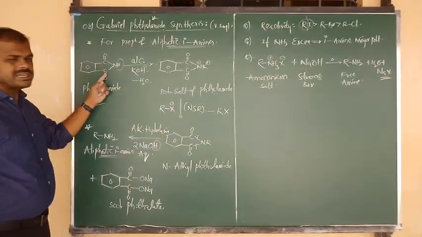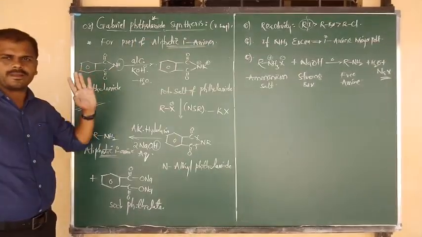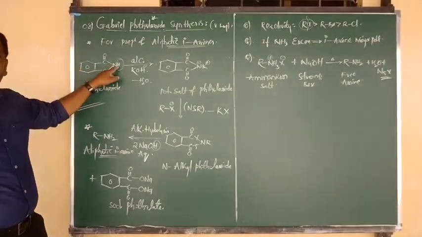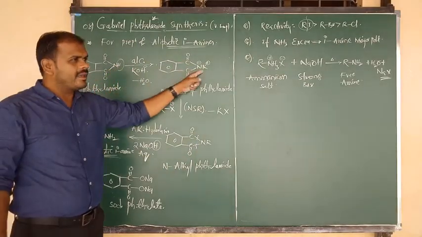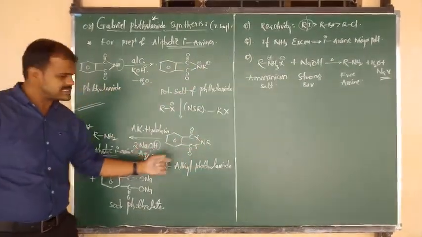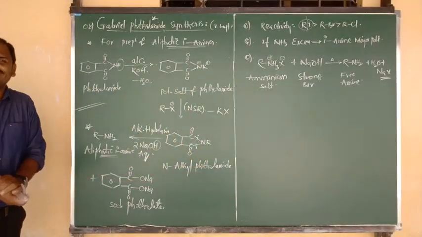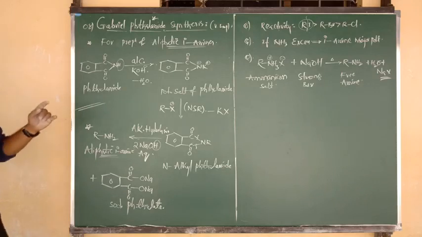Benzene connected to 2 C double bond O, 2 C double bond O connected to N. In all cases, you can see that. But here, in the place of NH, H replaced by K. In the place of K, we have written R. After alkaline hydrolysis, NR changes into RNH2. Answer was over.